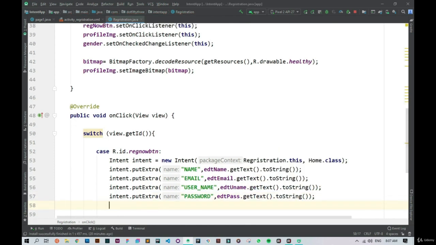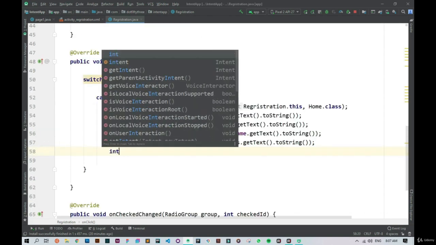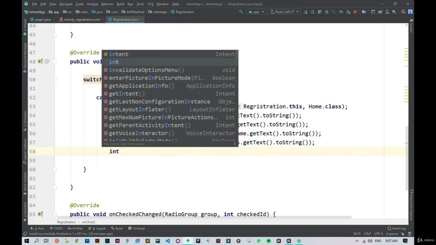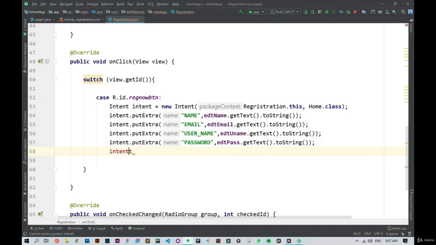Now we want to pass the gender type, so I will say intent.putExtra, and then I will say GENDER_TYPE. Notice one thing, that I am not using space whenever I need to separate two different words, because the space can create a compile time or runtime error. So instead of space I am using underscores. Okay, so remember, don't use space whenever you are passing any value as a key. Okay, then I will pass the gender type string, so I'll say genderType. Okay,